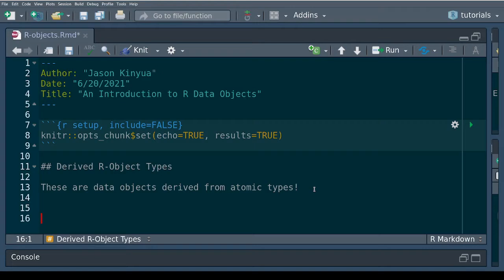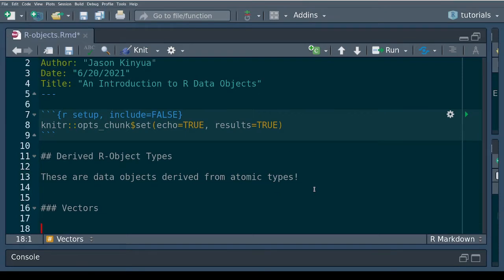Let us start with vectors. We take a look at each one at a time. So vectors, what are vector data types or object types? Typically a vector is a combination of atomic types. That is, you take several atomic types, put them together, and at the end of the day you have a vector. So to create a vector, we use the function c